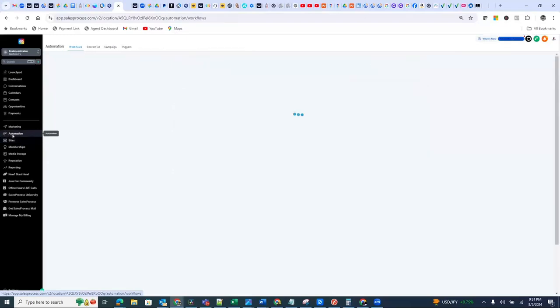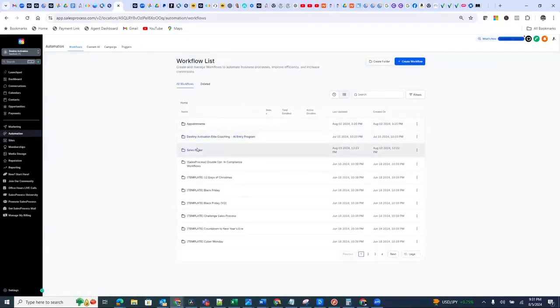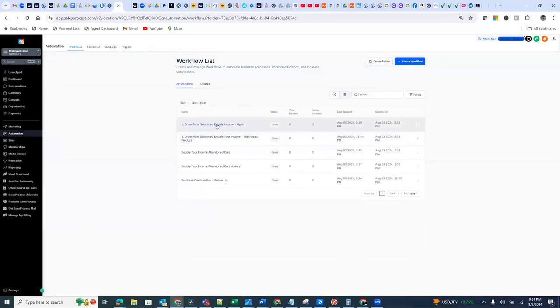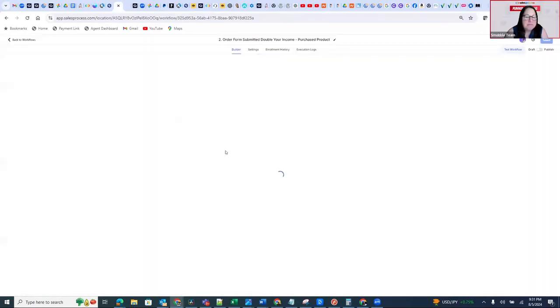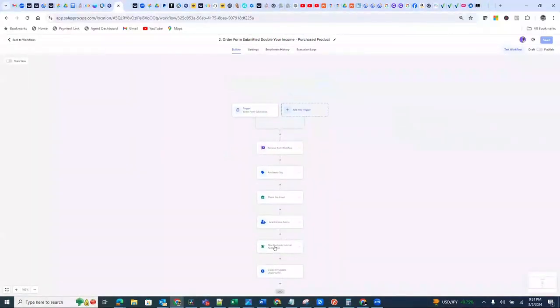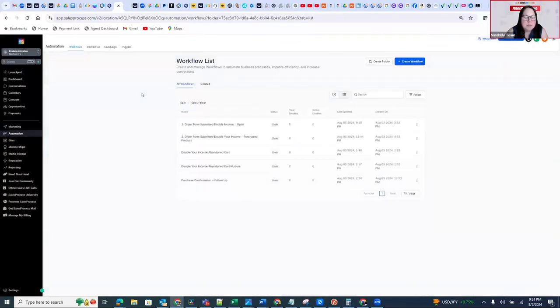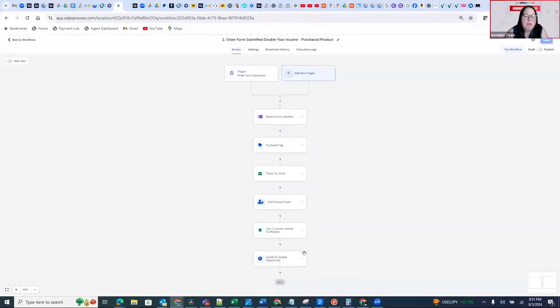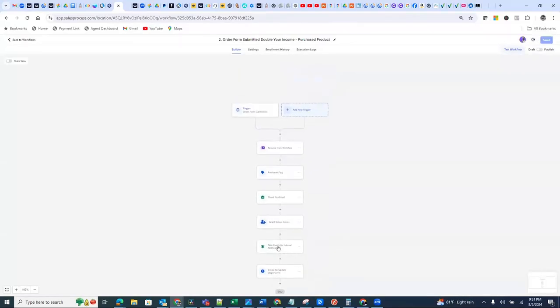So here's my automation that we spoke about. I'm in the sales folder. This is the one that we corrected. This is the one we want to add this purchase step to, which has grant access, customer notification, and create update opportunity. Now you're saying your new customer internal notification. What do you mean by that? Because the internal notifications are for staff members, so that would be for you. Yeah, I was setting this up for us, for internal. Okay, so just click on it and open it up. Let me see what's there.